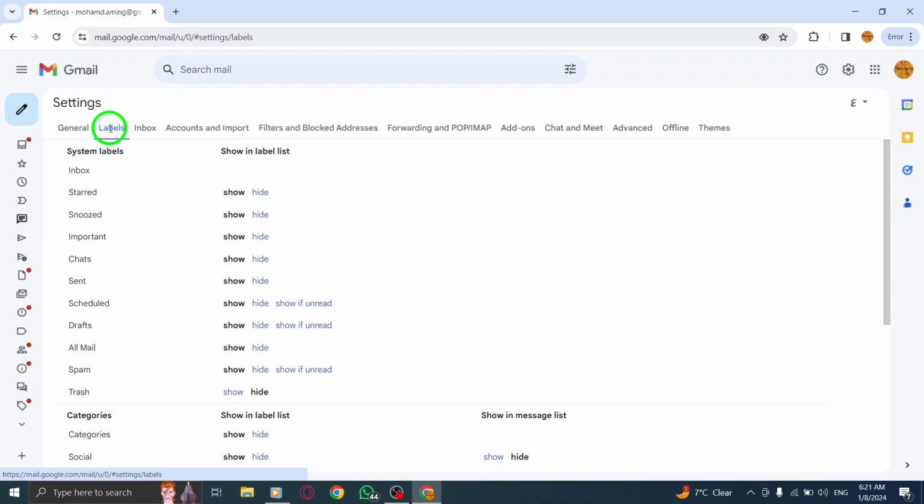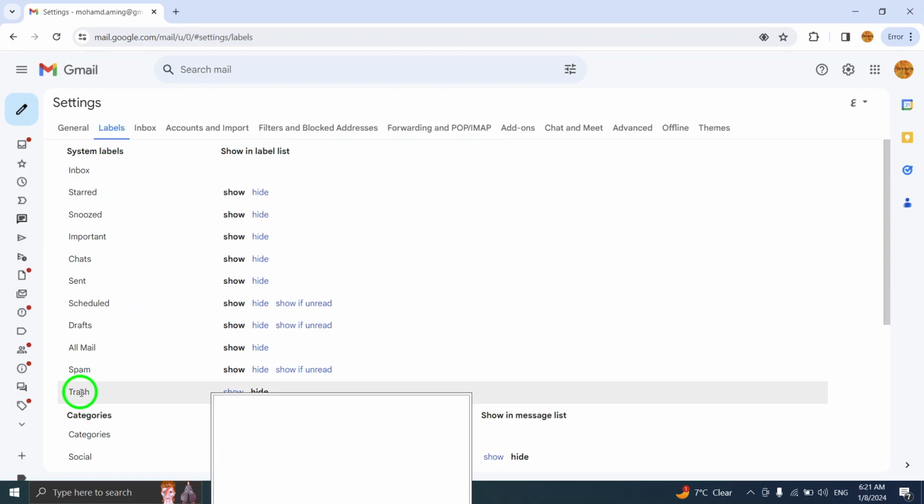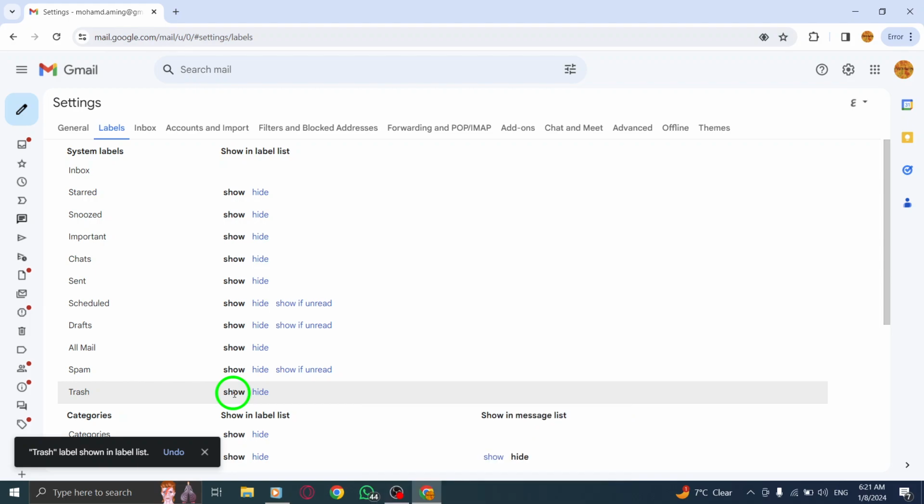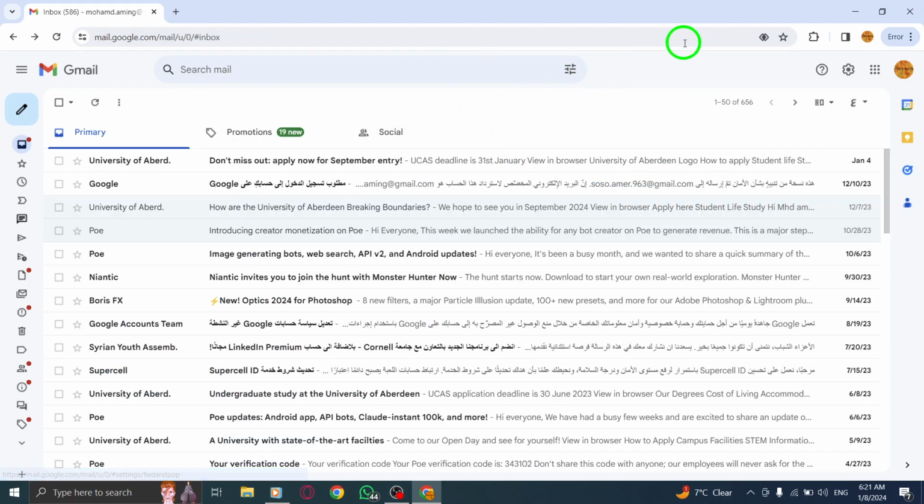Step 5. Locate the trash label and click on Show next to it. This will enable the display of the trash label in your Gmail sidebar, allowing you to easily access and manage your deleted emails. By showing the trash label in Gmail, you can keep track of your deleted emails and restore